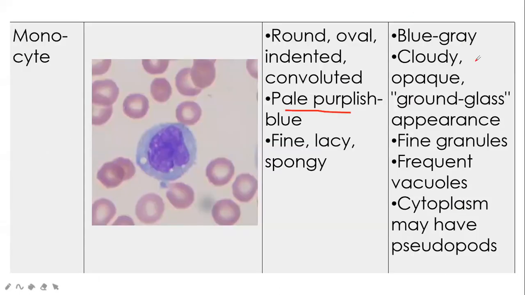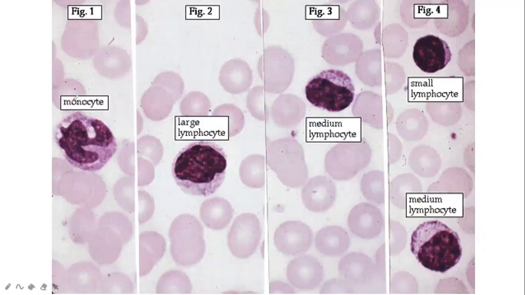And your monocyte will have this ground glass appearance. And you will also notice some vacuoles nga naa sa imuhang monocyte kana. Those are granules. So this is your monocyte. Again, di ba naa siya vacuoles, tapos indented siya,